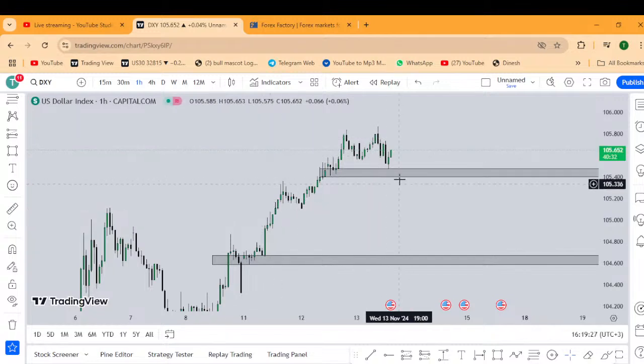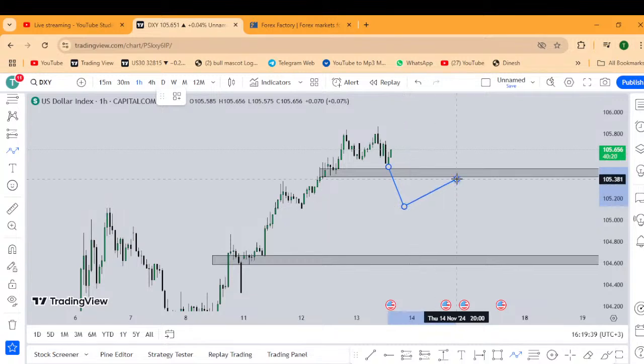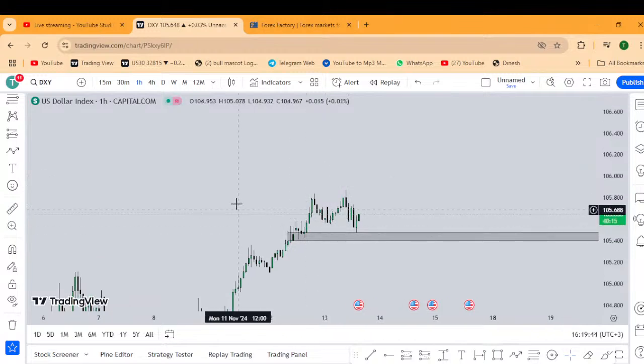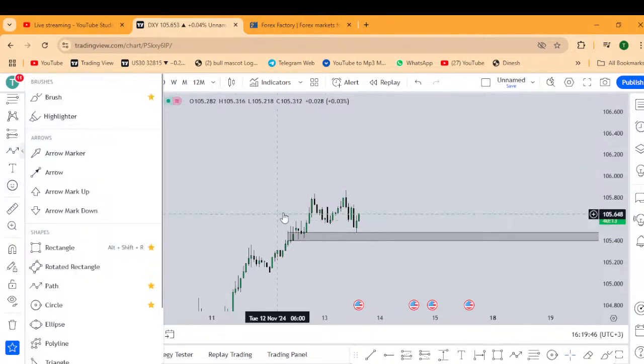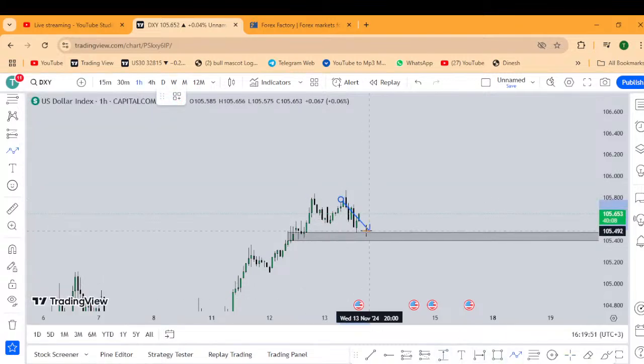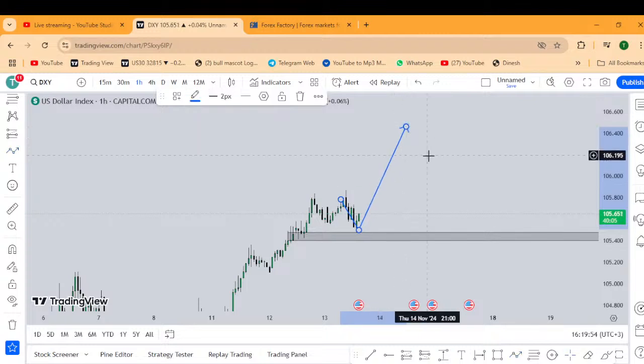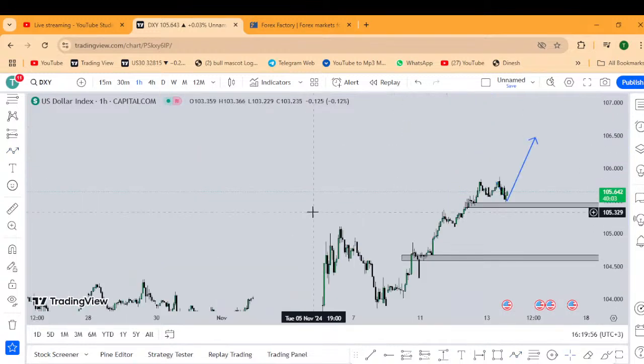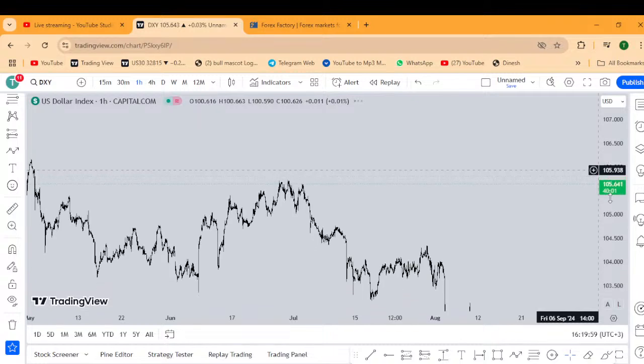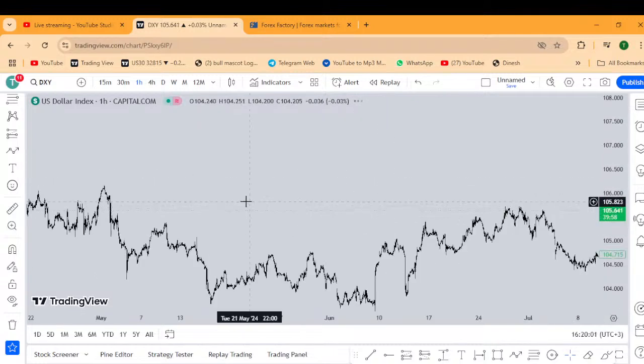But if the market happens to break through this zone here, it might maybe respect here and we proceed with the buys. But since the market has already respected this zone, which would have been done before this session happening, don't be surprised if the market just proceeds within the what? Within the buys.